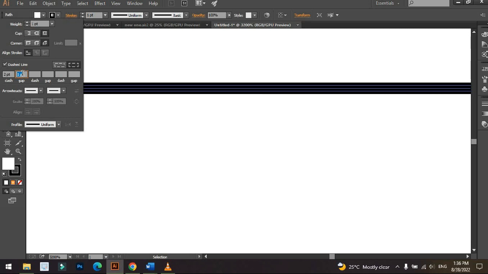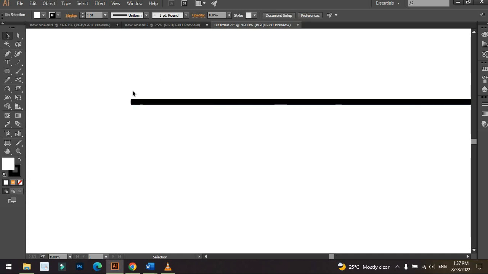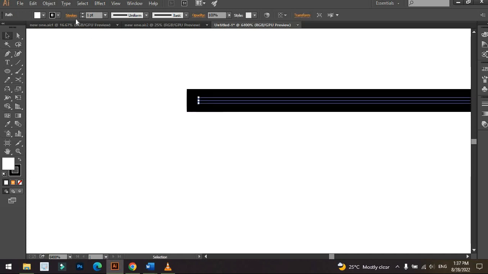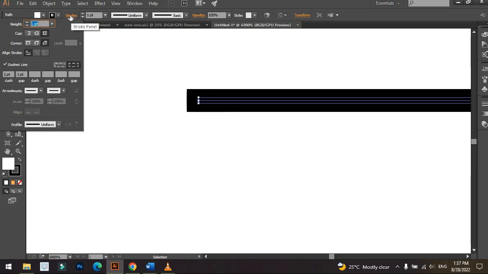And if I keep it 0 or 1, then you will be able to see that there is not any gap in this line. And when there is not any gap, then you can see that this is a single dash, not a combination of dashes. After that, there are some other properties of this line. I have selected this line and I'm going to the stroke panel. So guys,